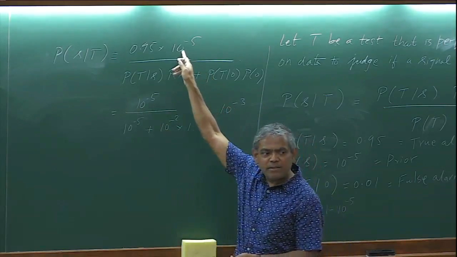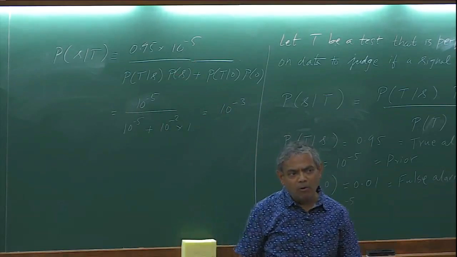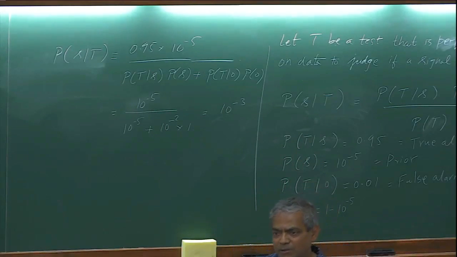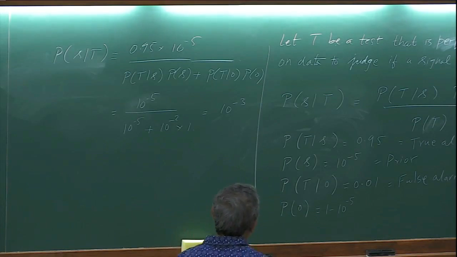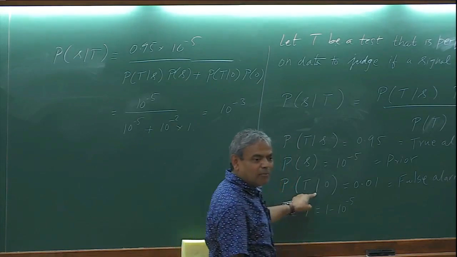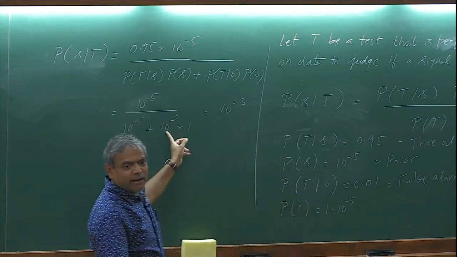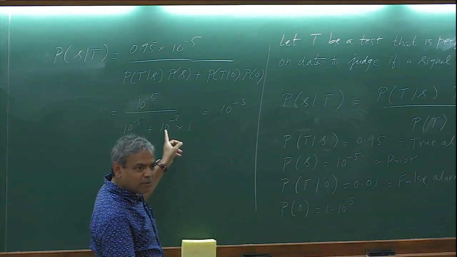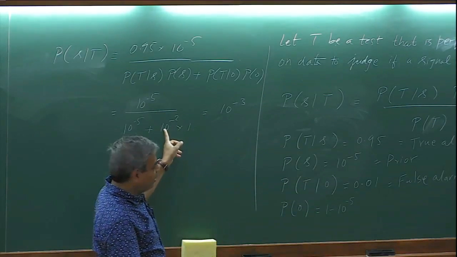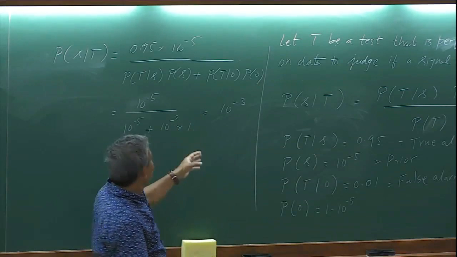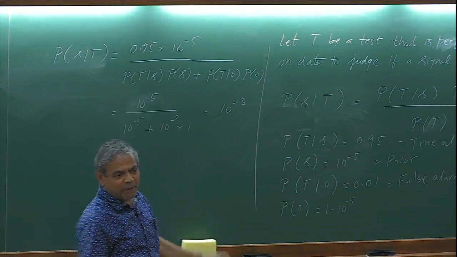It's because of this. There is a very low prior probability that our data contains a signal. We ignore it. The chance of occurring a particular disease might be very rare. Your test might be extremely good. But even so, unless the false alarm rate can be controlled, this is the culprit, because that was not small enough. If this was very small, in fact, 10 to the minus 10 or something, this could have been almost 1. But it was not.